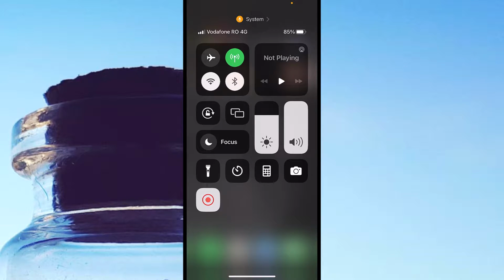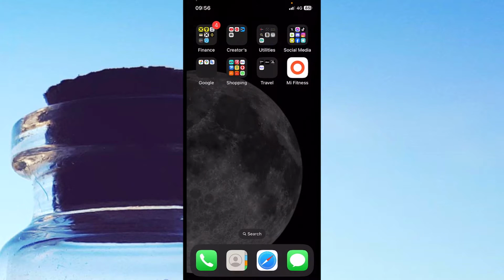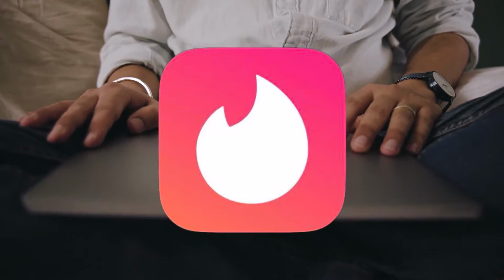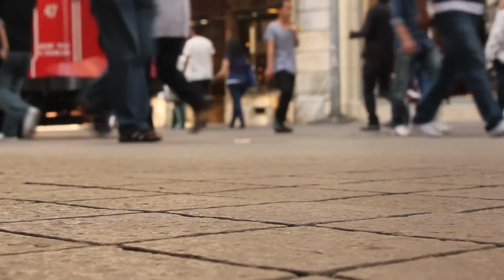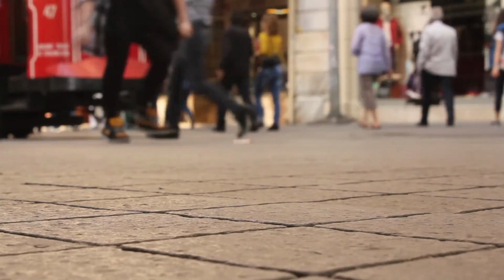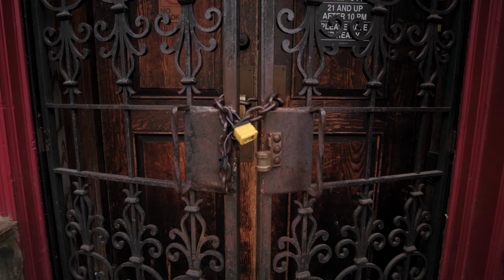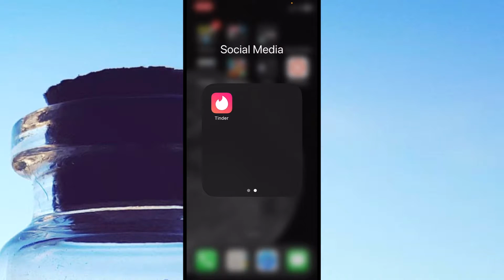Good morning and welcome everyone to this tutorial where I will be showing you how to delete your Tinder account, in case you want to delete it, as a lot of people want to get rid of it. Everyone wants their account closed forever and not be open and not be visible. So that being said, this is exactly what I'm going to teach you how to do, how to close